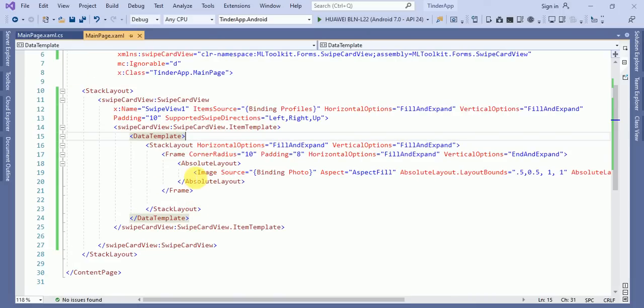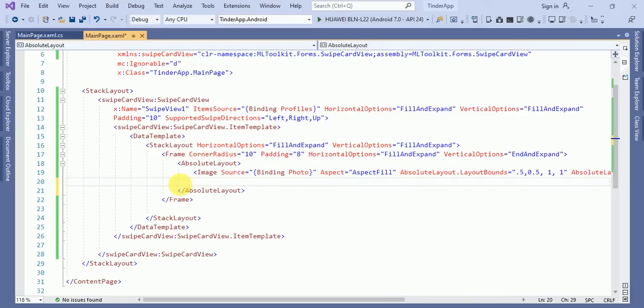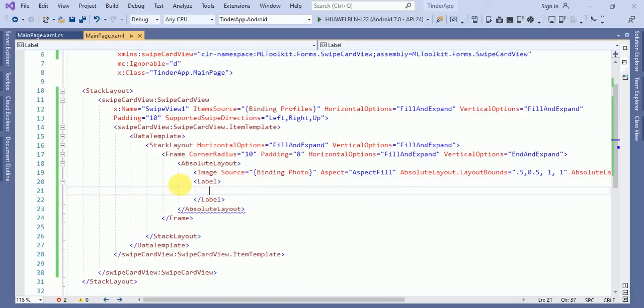Now I will bind the label, two labels actually. So first the frame is ready, and after the image I will add a label. So that label, and the label font size, we are binding the label.